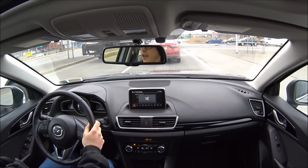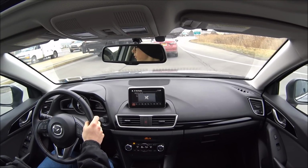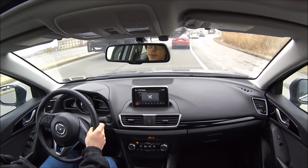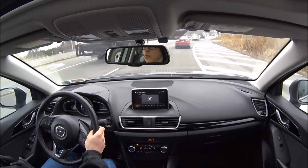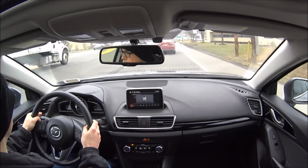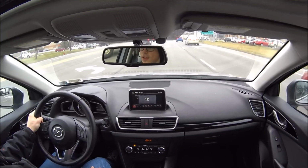It's not bad. Like I said, right now it actually doesn't feel bad at low speeds. It feels pretty comparable to mine. The difference is really noticeable at highway speeds, and I do a lot of highway driving. So, to me, the difference is pretty night and day on the highway. Whereas at these speeds, if I just drove in the city all day, I would be